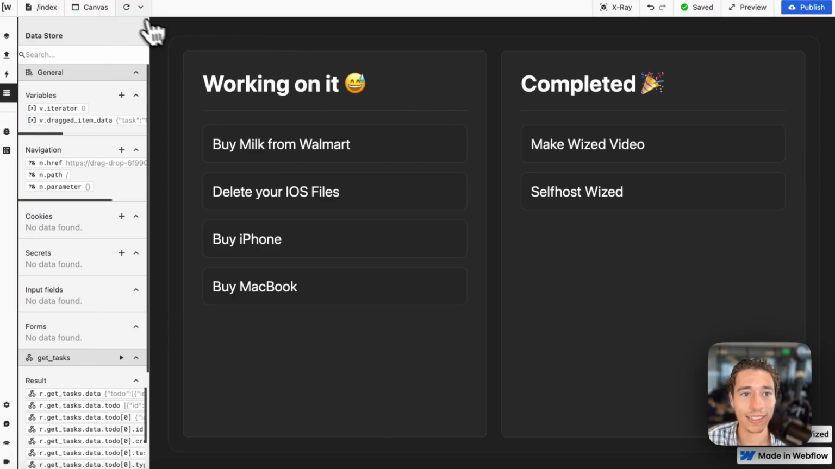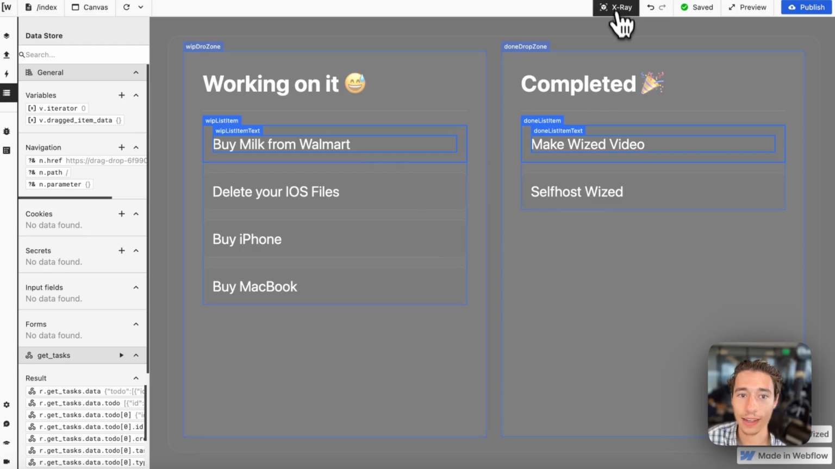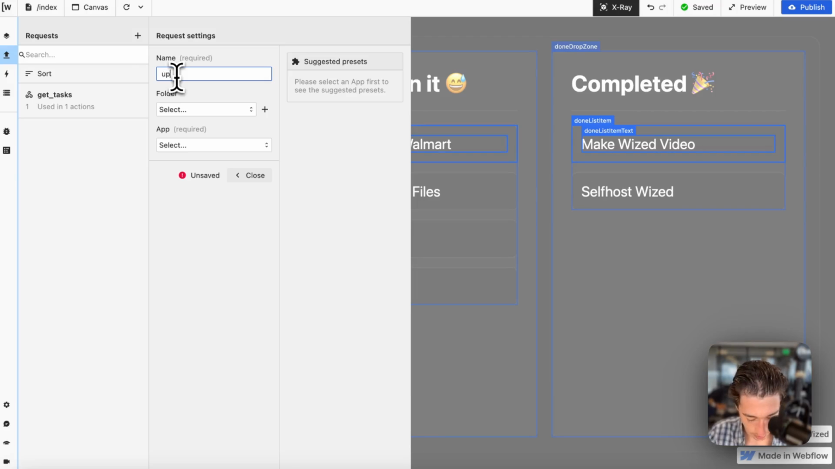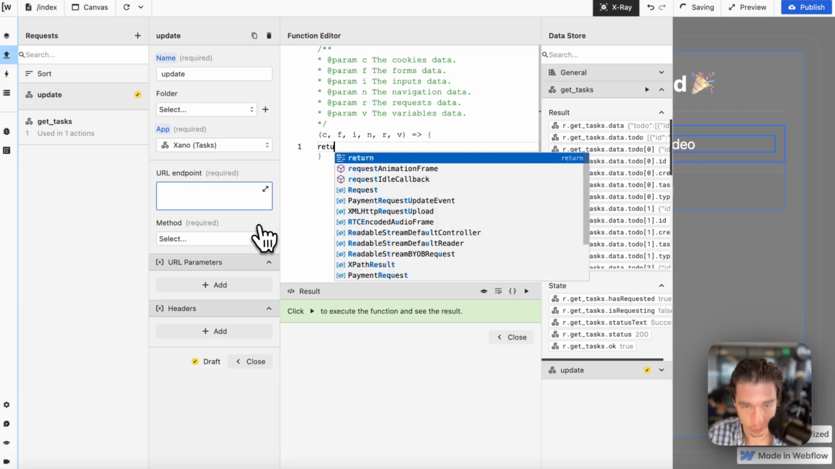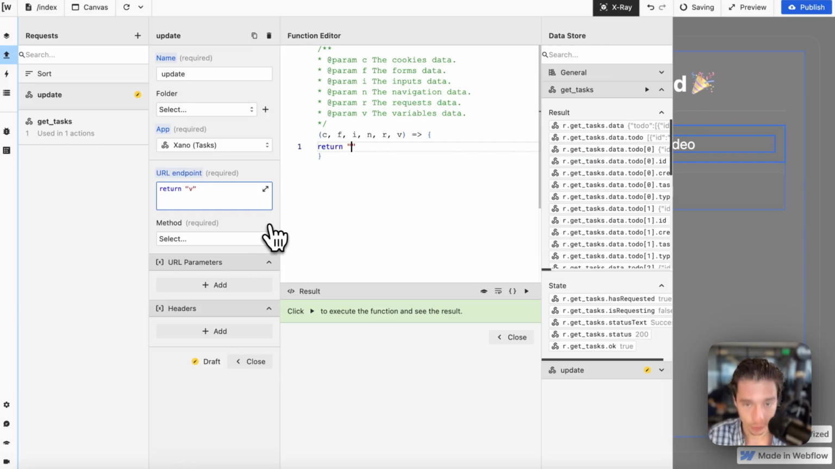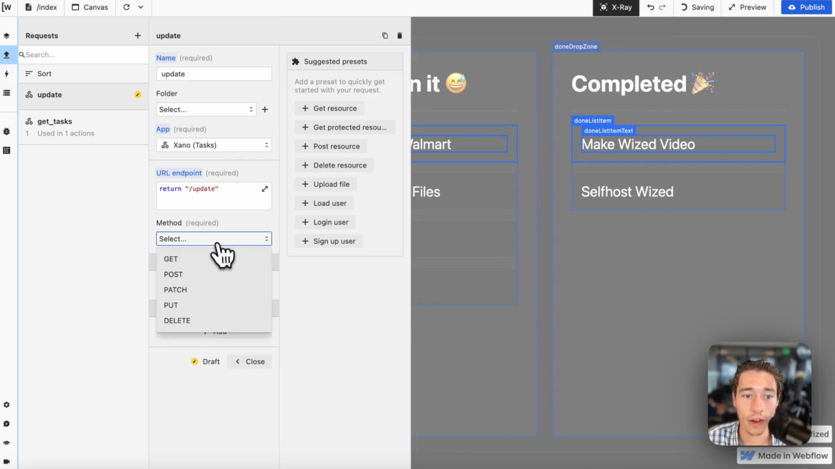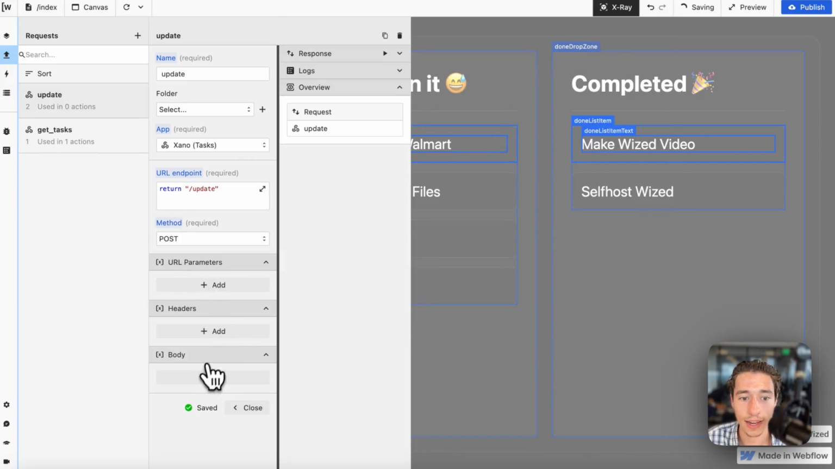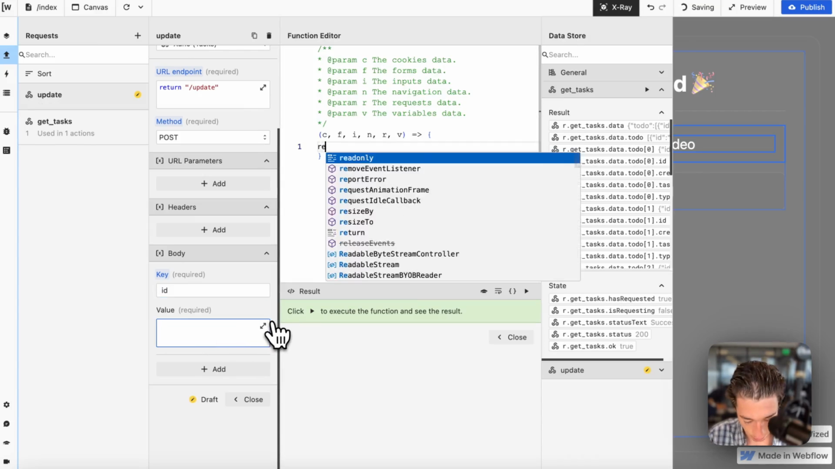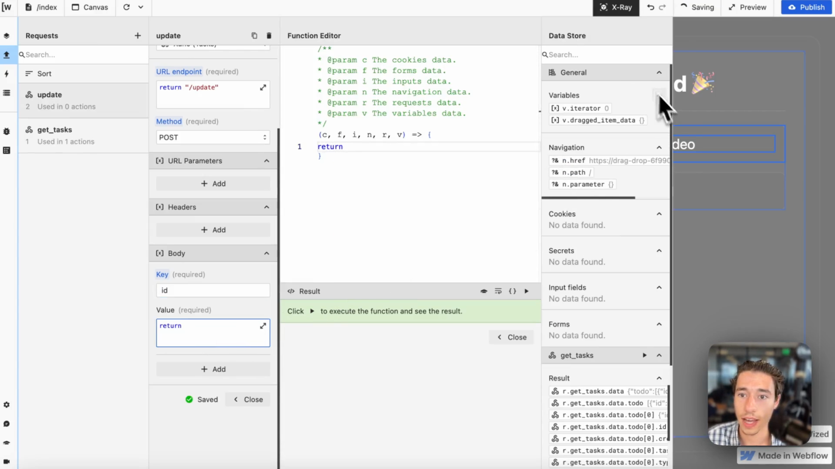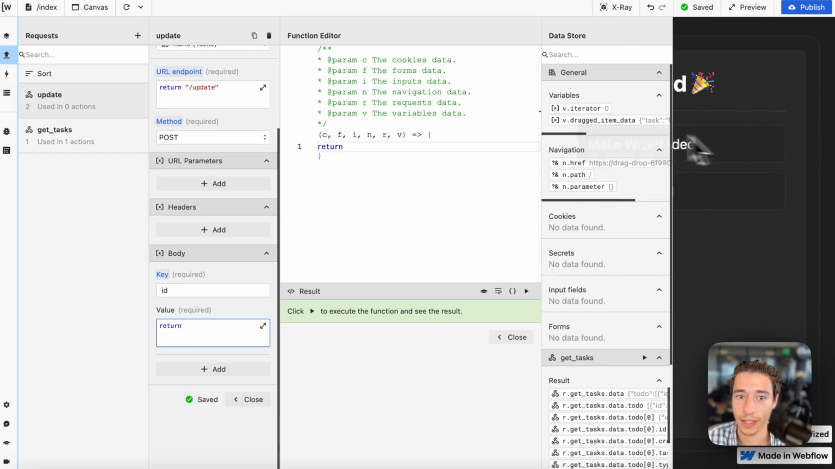Just like that. Let's reload, and now we want to add a new request called update, and this will work with our URL endpoint. Let's return. Let's add the path for update. Now I'm going to add post, and I'm going to add in the body. If I do a post, I want to add this data in the body. Let's add ID. Let's do return, and for now, let's just drag an item so we get some data here. I want to return .data